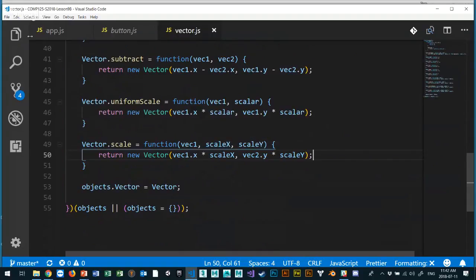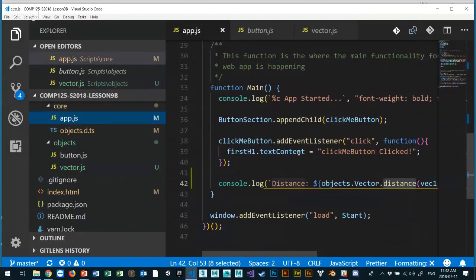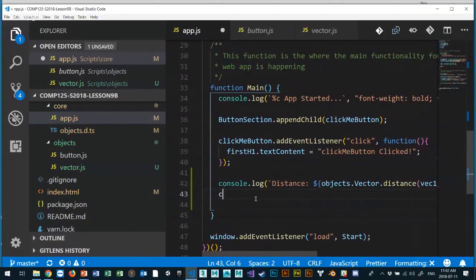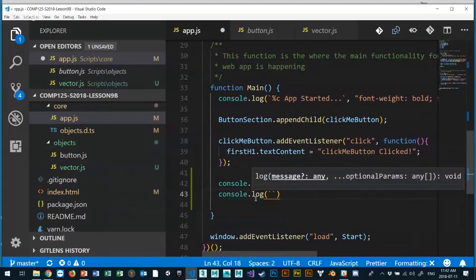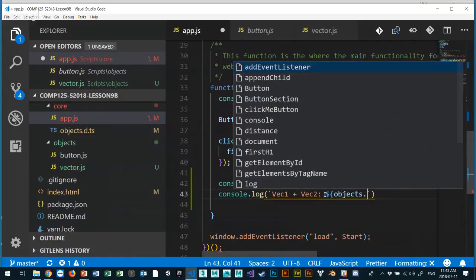So if I go back, now I've got all this stuff. If I go back to my app.js, we'll stop there. I want to take these two vectors and add them together. Let's try that out, so that's one of the functions I made. I'm going to say console.log, and then a backtick, vector 1 plus vector 2, and then dollar curly brace, and I can go into objects.vector